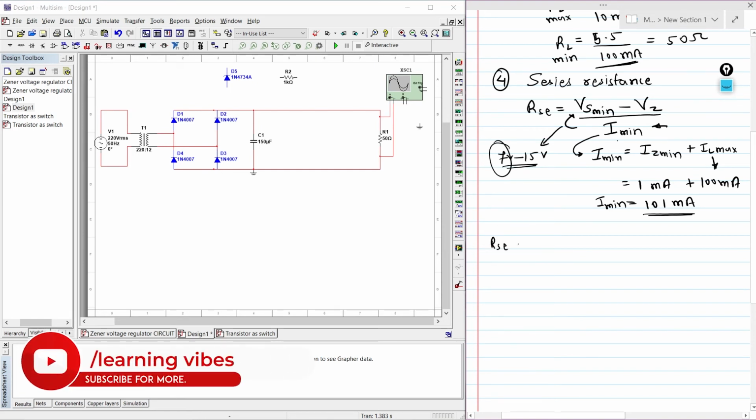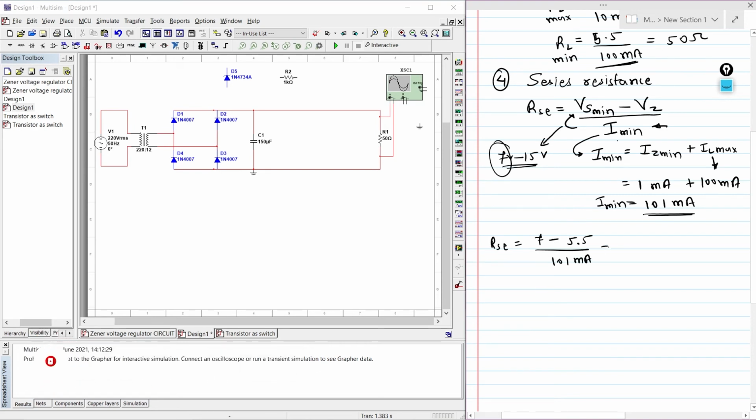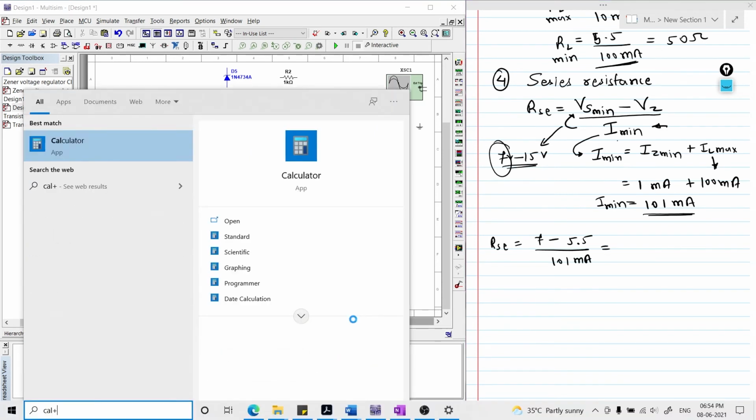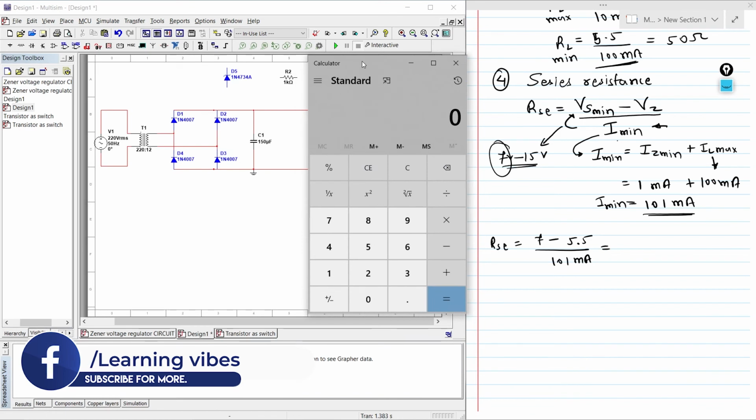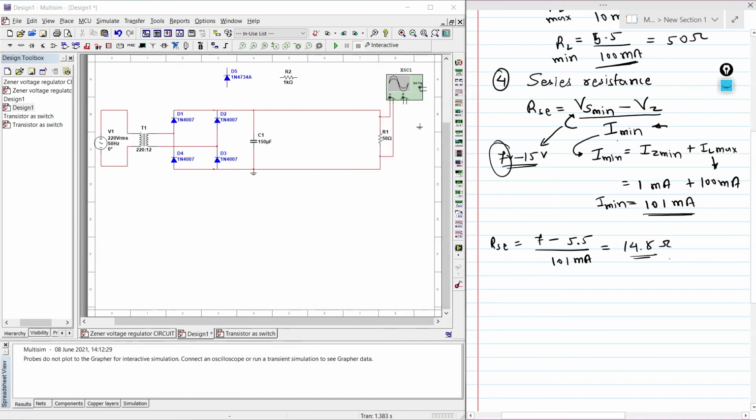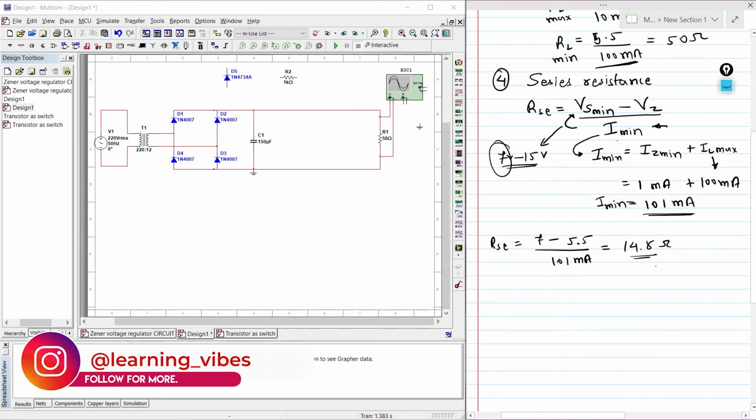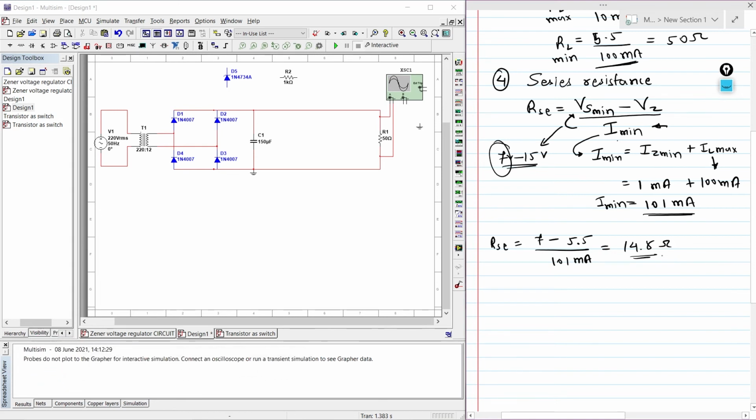And let's observe the output. So it's 14.8. Practically it may be possible that we may not find a 14.8 ohm resistance.